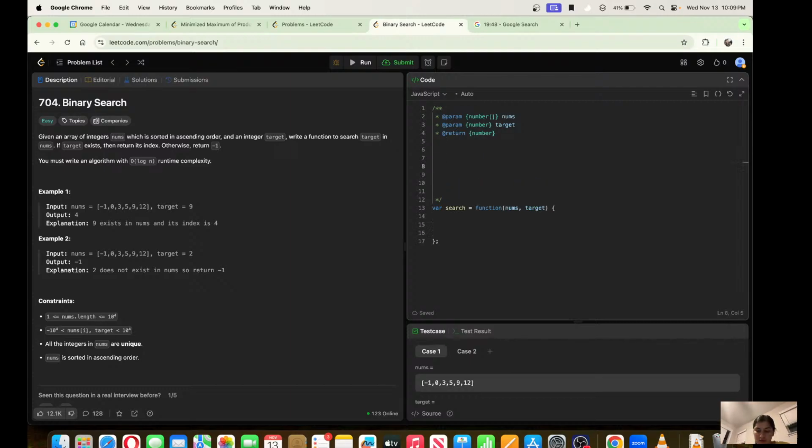So what does binary search mean? Suppose this is the nums array, sorted in ascending order, and we write a function to search for a target in nums if the target exists. So I just want to find if 9 exists here in this array or not. Since this is ascending order, one way would be to just search linearly,